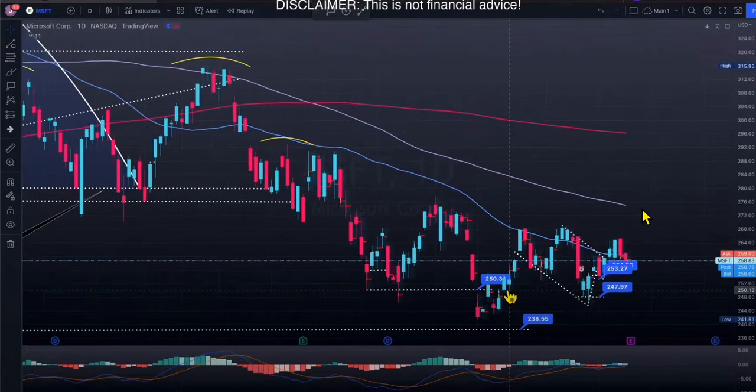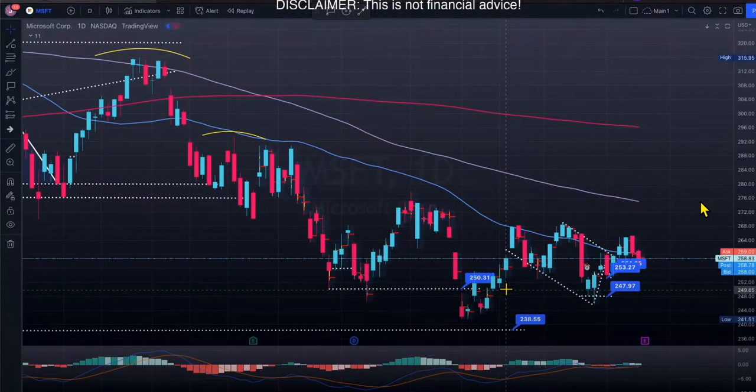Okay. So first, this is how I analyze. First I'll take a look at the technicals, second I'll take a look at the financials, and then I take a look at the macro, and then I take a look at the monetary policy also, if anything. Then I'll take a look at the monetary policies and stuff like that, okay.